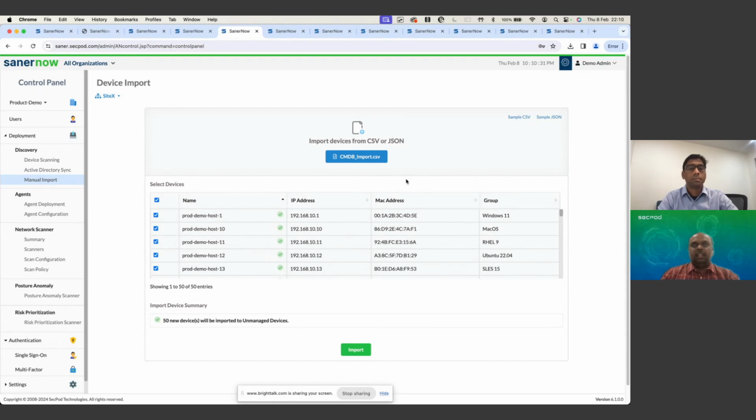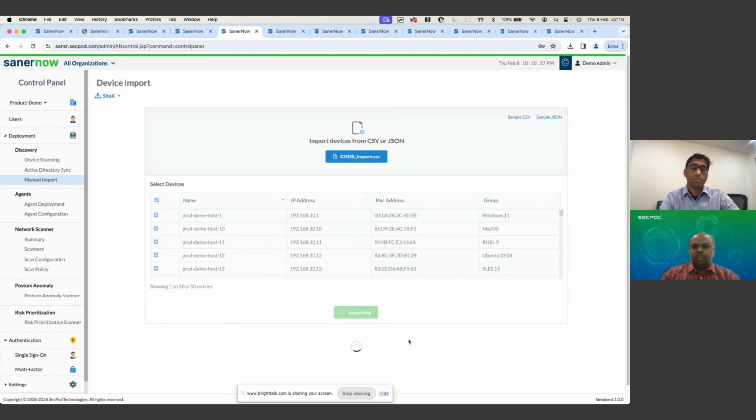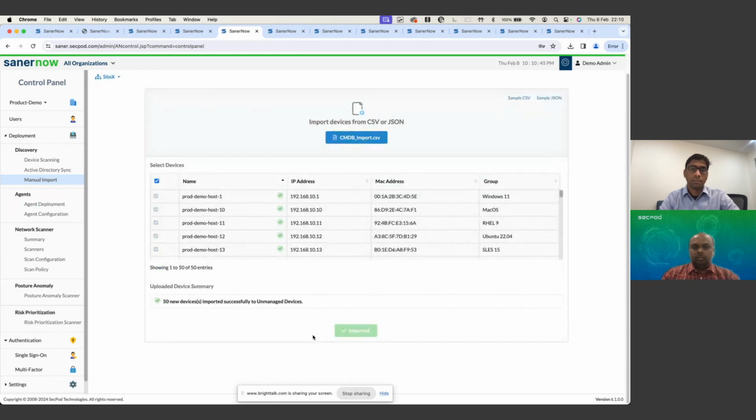So in this case, if your CSV or JSON has additional attributes, all of them will be added as a tag so that you can perform any of the operations within the same now. So if you click on the import, all those 50 devices will get imported into SanerNow. So if you see, all those 50 new devices got imported, right? So let's say if we want to export,